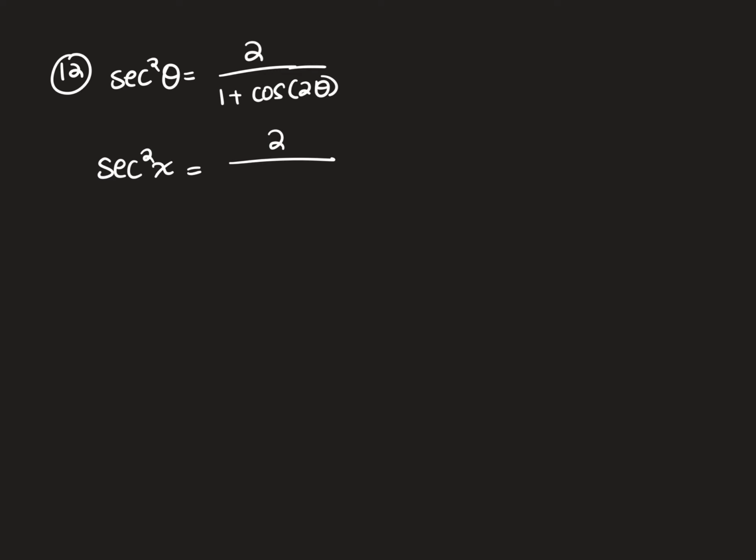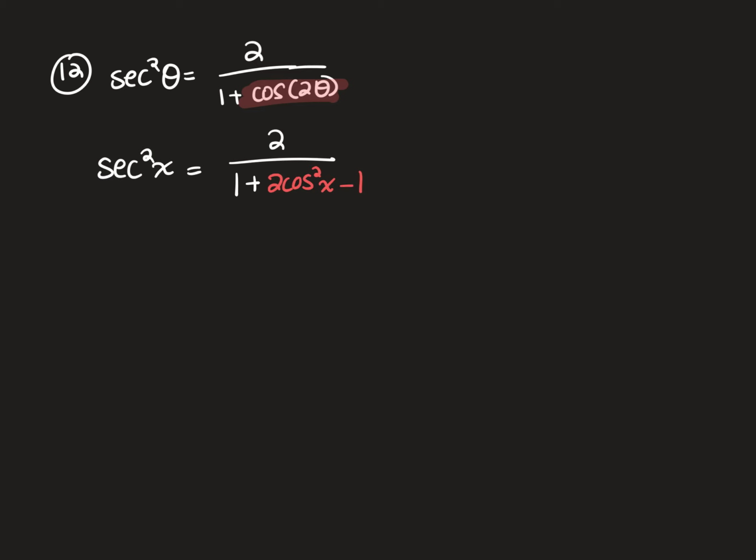I'm trying to keep in mind what my left side looks like. And on the left side, I just have secant, which I know is the reciprocal of cosine. So my thinking is I kind of want to keep the right side just using cosine as well. So when I think about my 3 options, I'm going to pick the option that uses cosine. So to replace this, it'll be 1 plus, I'm going to use the 2 cosine squared